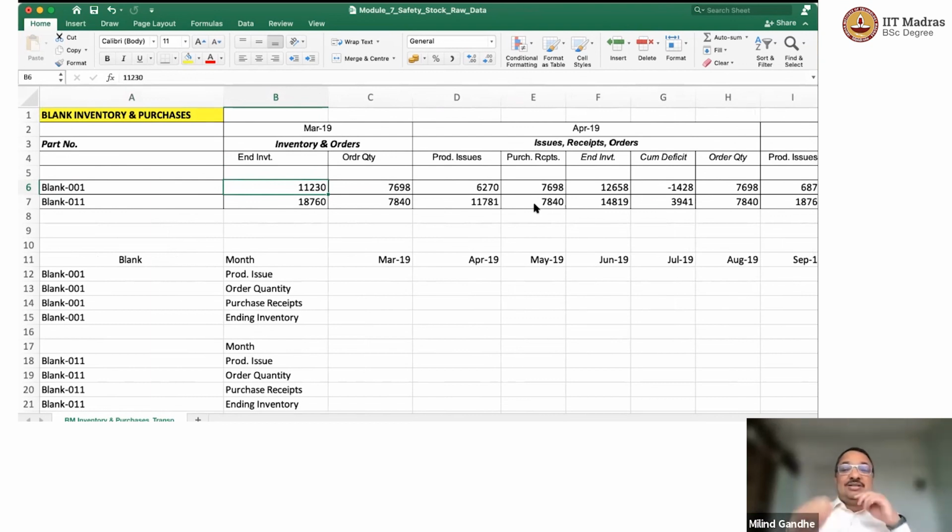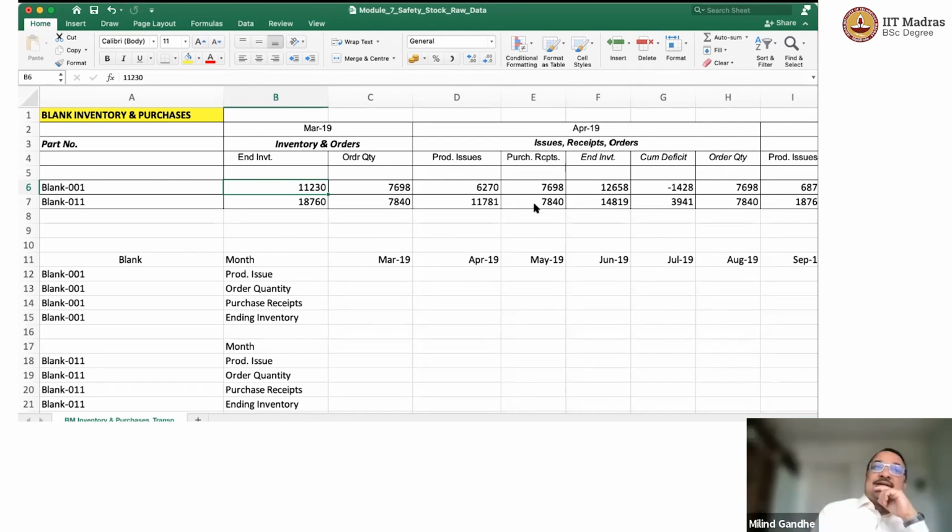So this is what I was thinking, GV. As an example, we can graph production issues and order quantity by month. It will show some jaggedness, it will go up and down, it will show a step function. Hopefully we might be able to see how production issues correlate with order quantity. There may be some lead lag.